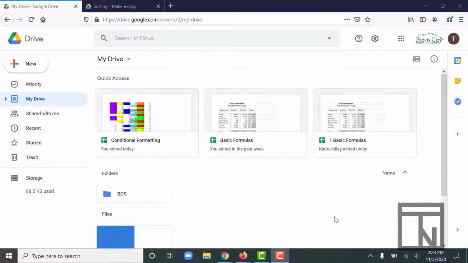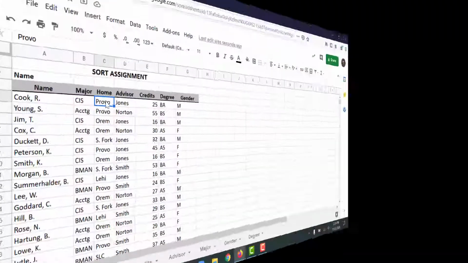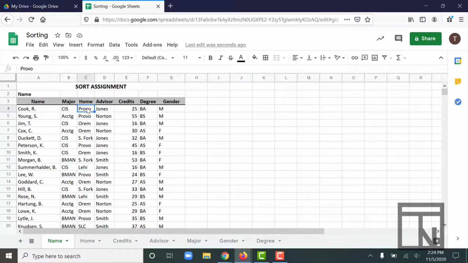In today's video, we're going to be looking at sorting. Sorting is a way to organize and categorize your information based on one of the data columns in your table. This particular workbook has several different worksheets, all of which are identical right now. What we're going to do is just walk through each one, learning how to sort this information in several different